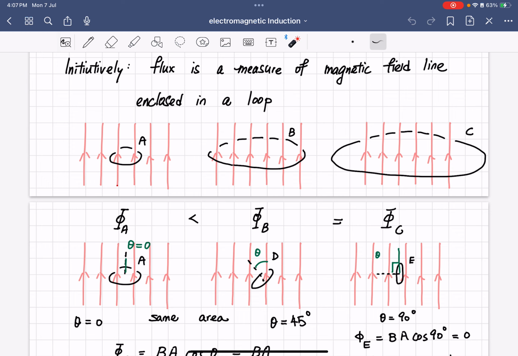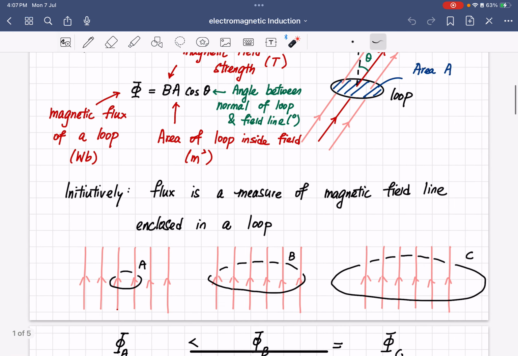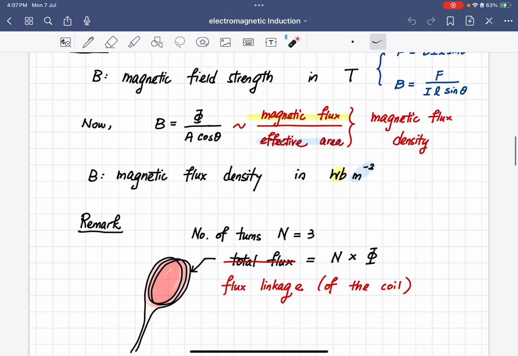Please remember that the intuitive understanding of the magnetic flux is equally important. We do not just really memorize the mathematics, but we also need to have an intuitive understanding. And then because of that, then we could